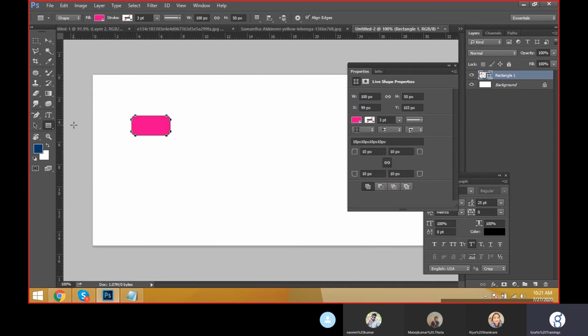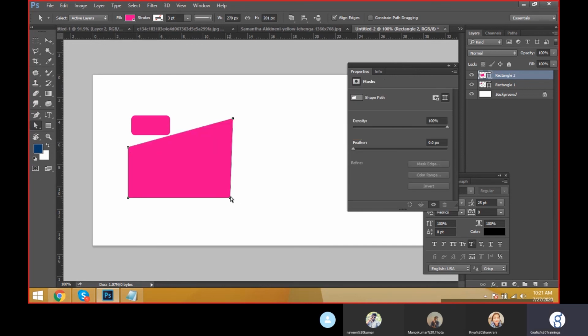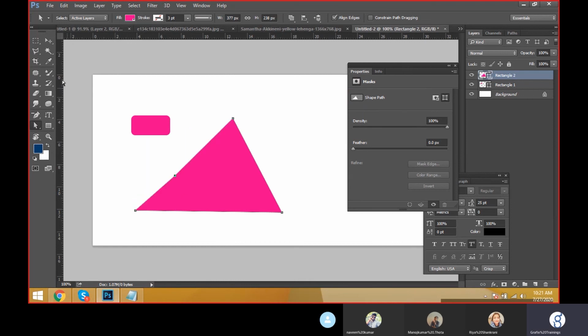Okay, and automatically you can adjust the shape of the area also using the direct selection tool. Take the selection and you can change it like this. But like this we can change with the rectangular tool, whereas with the rectangular marquee tool we can't change the shape.